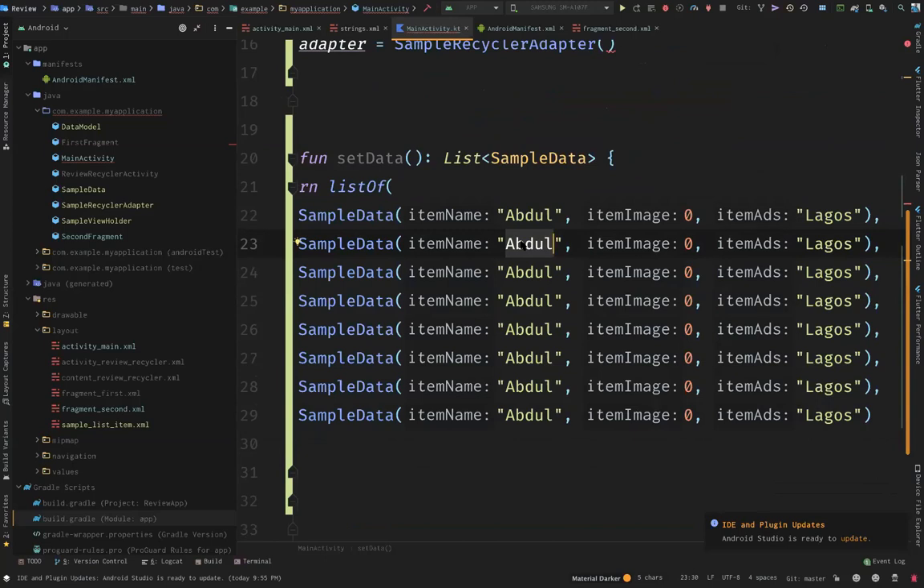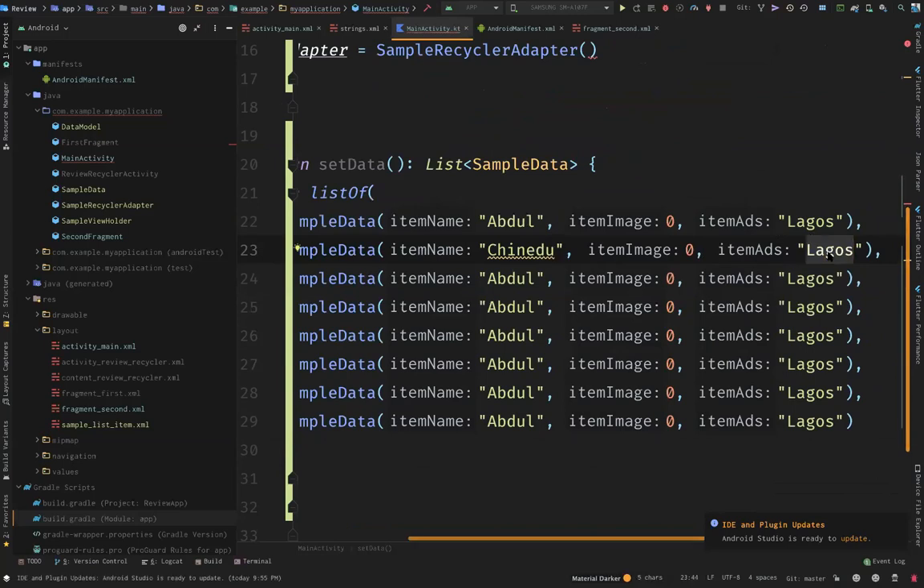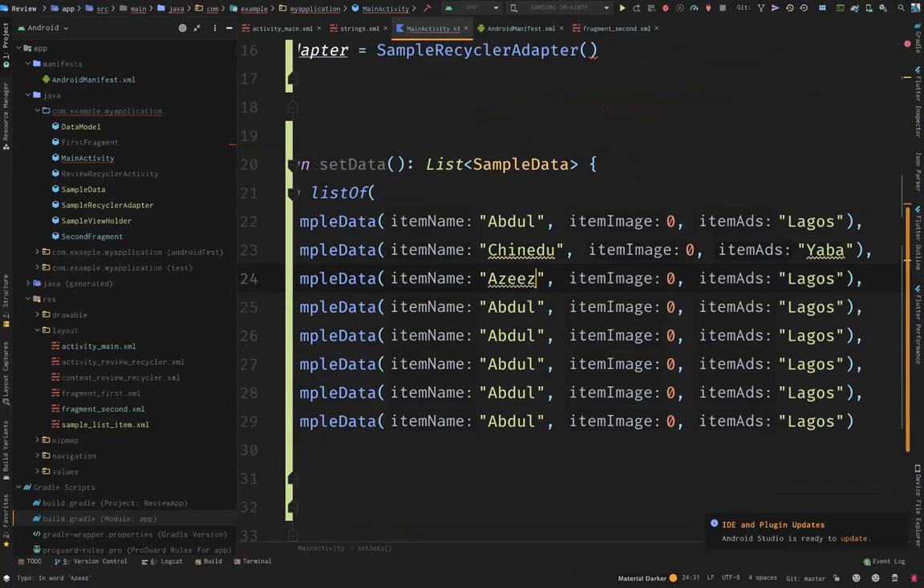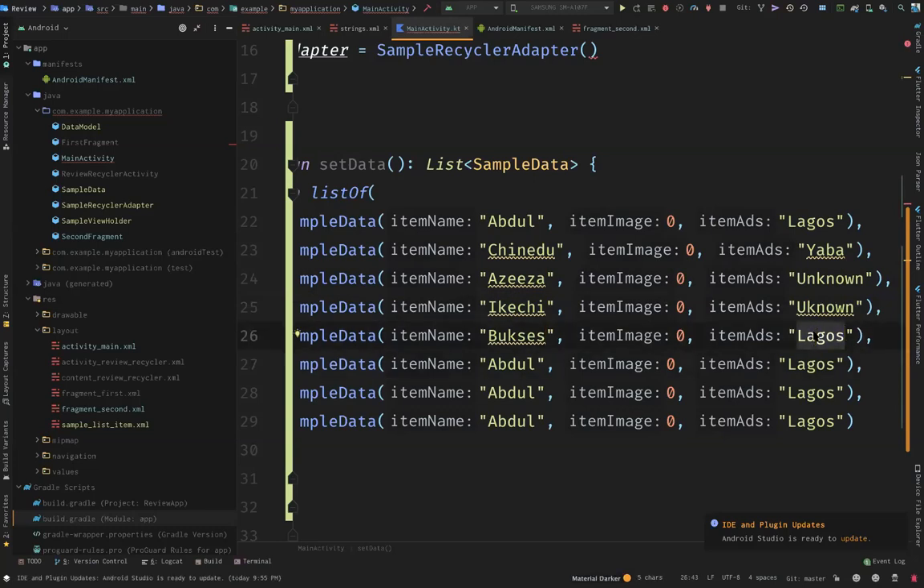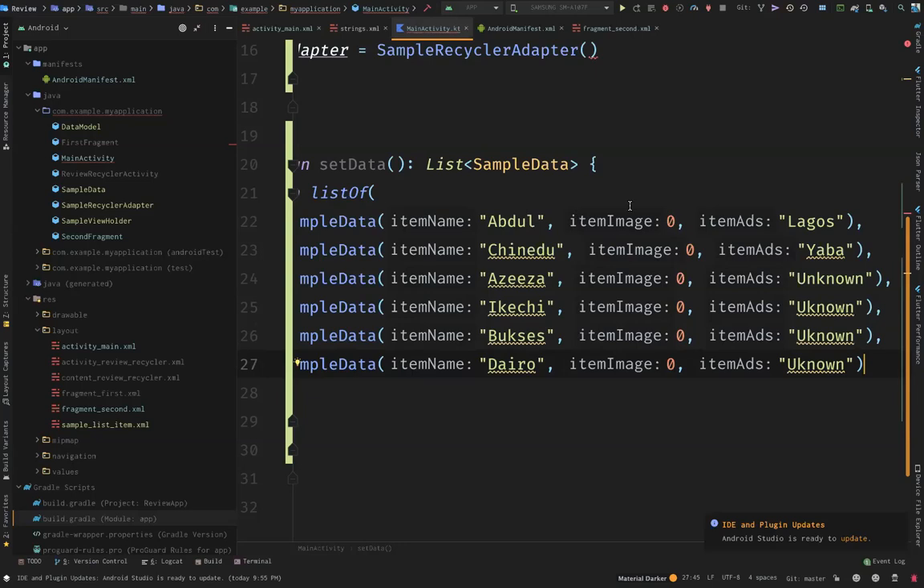What other name can I use now? And then say unknown, KT, unknown, unknown, unknown, and this is fine. Now I don't have any value for my image,